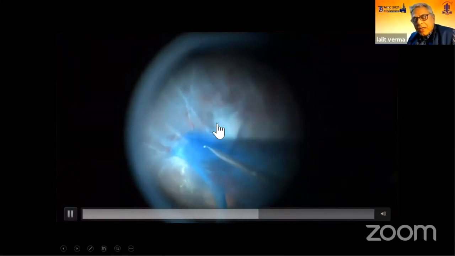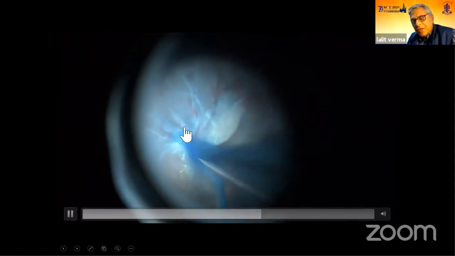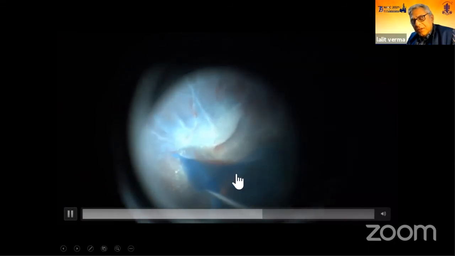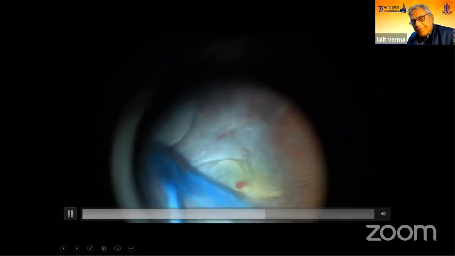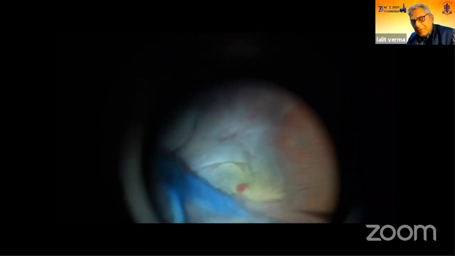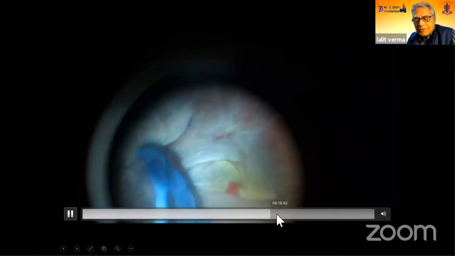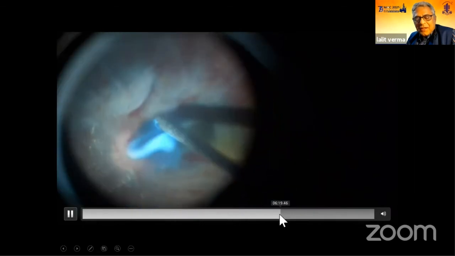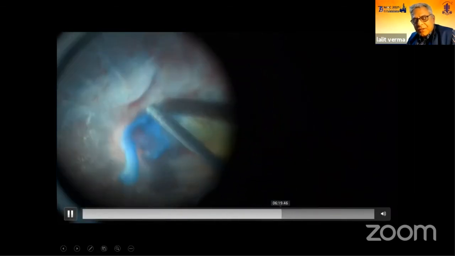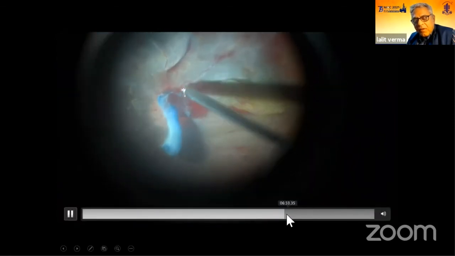This was a patient who had an RD also, a secondary RD, because this patient had some vasculitis prior to that. Again, stained with a similar technique of Reti-Blue, identify this edge, and once the edge comes out, then it becomes a relatively easier job, provided you keep your eyes on the retina and don't blink too much at this time, because it may cause an issue. Yeah. So then I trimmed this membrane because this cord-like structure could not come out completely. The ERM ultimately I had to trim.